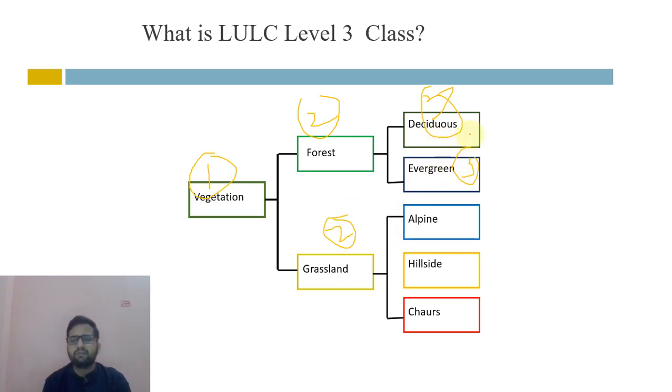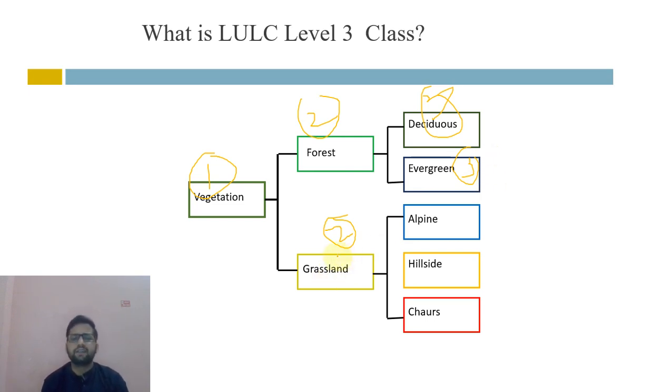Deciduous forest means, in terms of forest phenology, when a forest loses its leaves seasonally in a particular season, that is deciduous. Another is evergreen. Evergreen forest means a forest that is evergreen at all times. There are different types of evergreen category, that is semi evergreen, broad leaf, and so on.